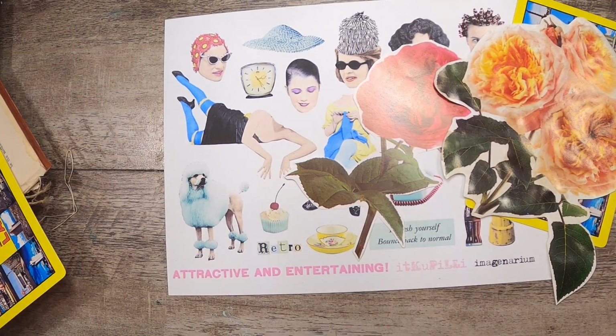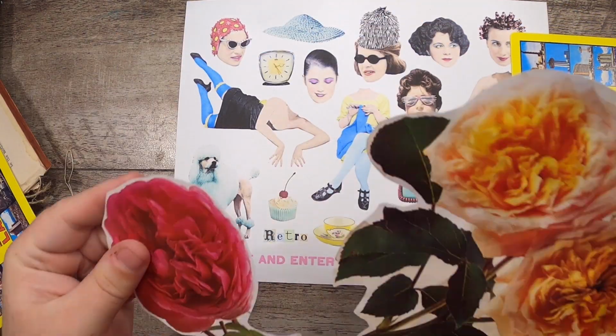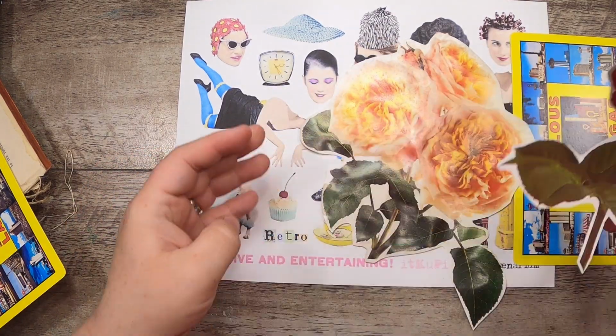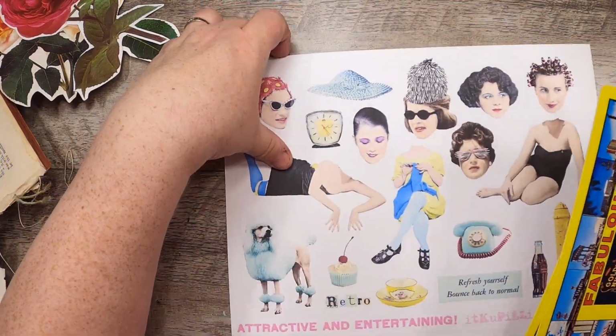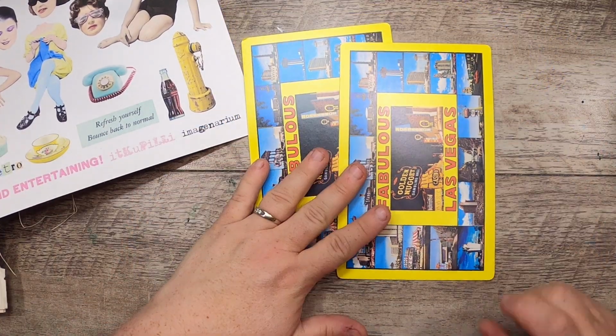So these have been the flowers themselves. The book, it's a shiny book, but I did do some coffee staining on this, which really looks nice. This one I didn't. I think I have some that I did and some that I didn't, I guess. So first things first, I'm going to need a background on these, and I'm going to make it